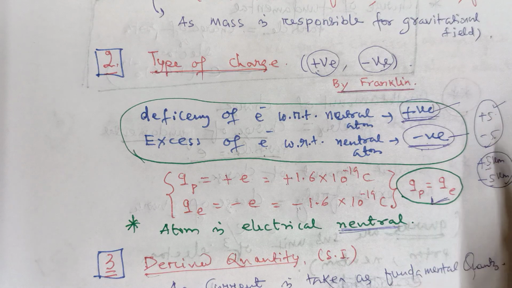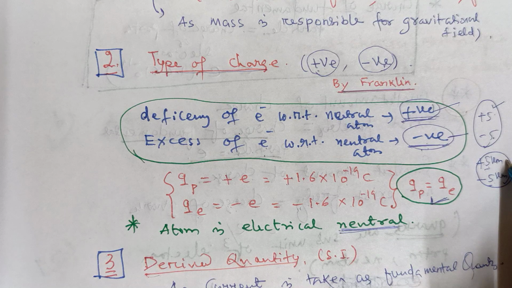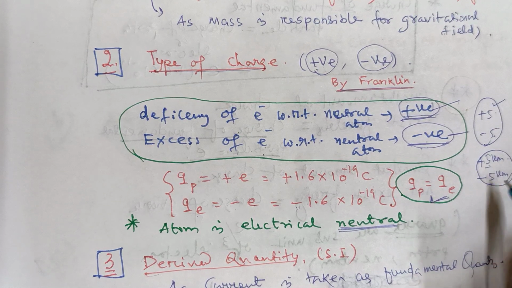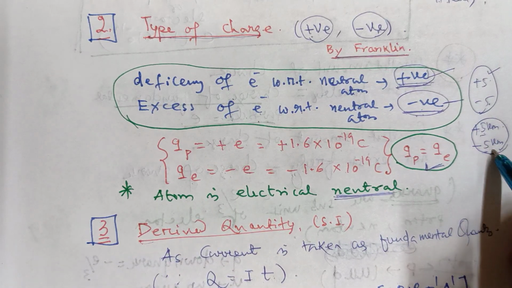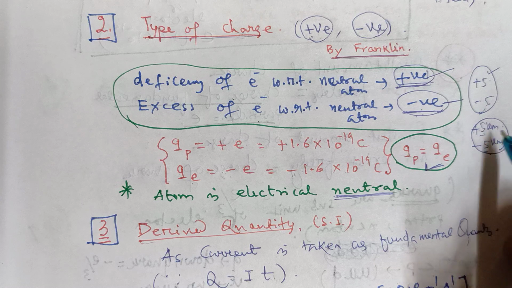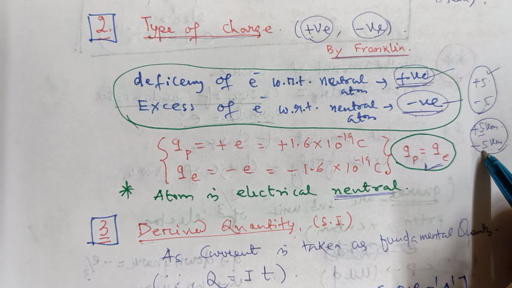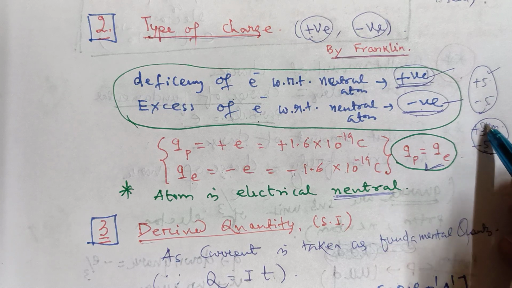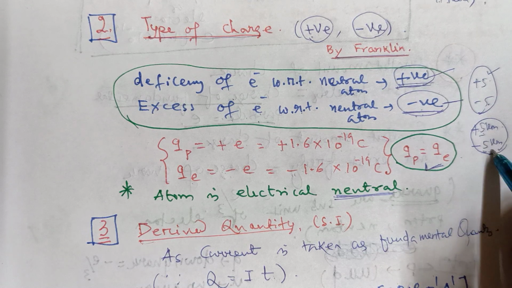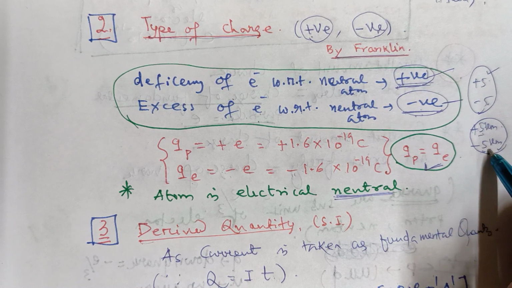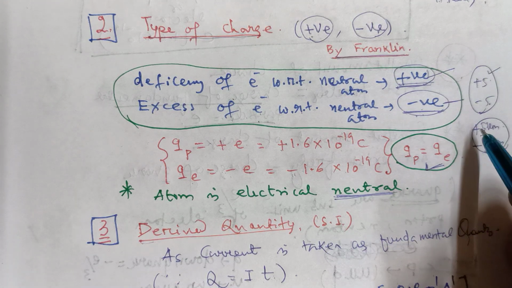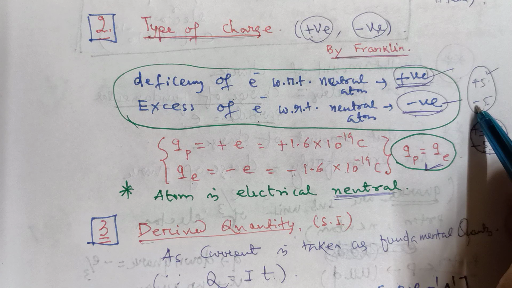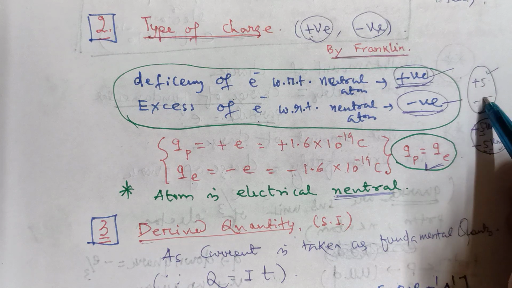Okay, you are right. If I ask whether plus 5 kilometer is greater or minus 5 kilometer is greater, you all say that, sir, both are the same. Why are both the same here? Because plus 5 kilometer means towards right and minus 5 kilometer means towards left, but the amount is the same. That's why you say plus 5 kilometer is the same as minus 5 kilometer. So my simple logic is that in every case plus is greater, minus is smaller. That is only in the mathematical sense.